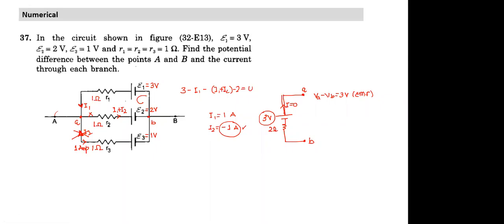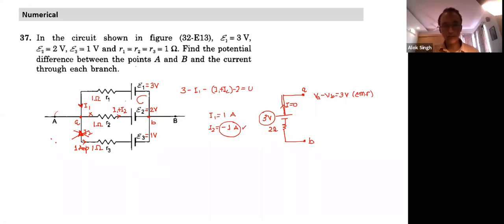Try and think of this, first for a minute, forget this. Suppose there are 2 points here. What is given? VA minus VB is given as 3 volts. If the battery is connected like this, what is the current which will flow through the battery? Tell me, how would I calculate the current flow through the battery?